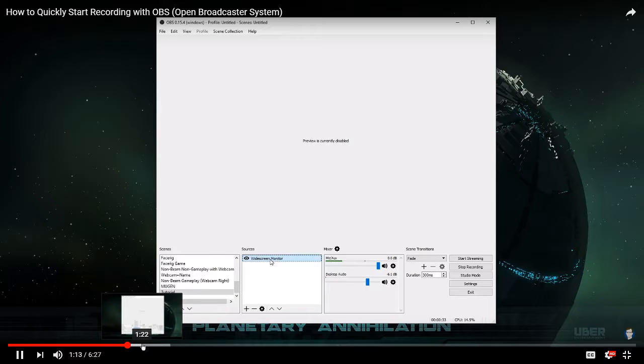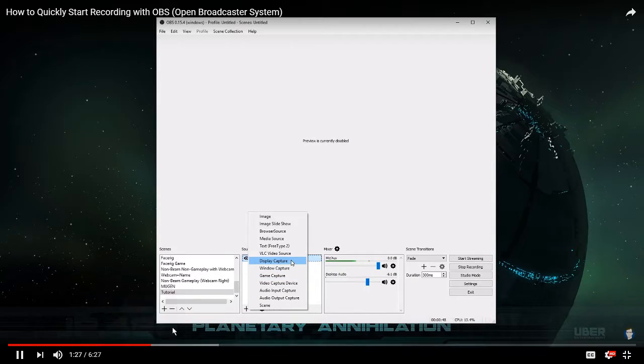You'll do one of two things. You'll probably want to capture your monitor or the full display, so you'll want to go to Add and either Window Capture, Game Capture, or Display Capture for the most part. Those three are your go-to basics. They capture either your entire monitor under Display Capture, and